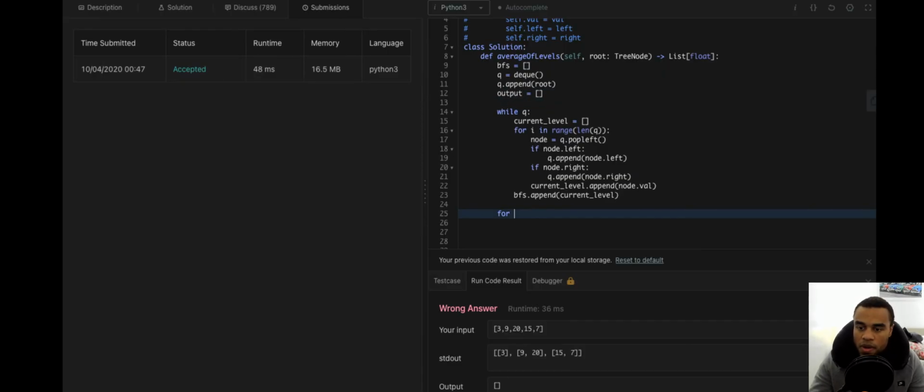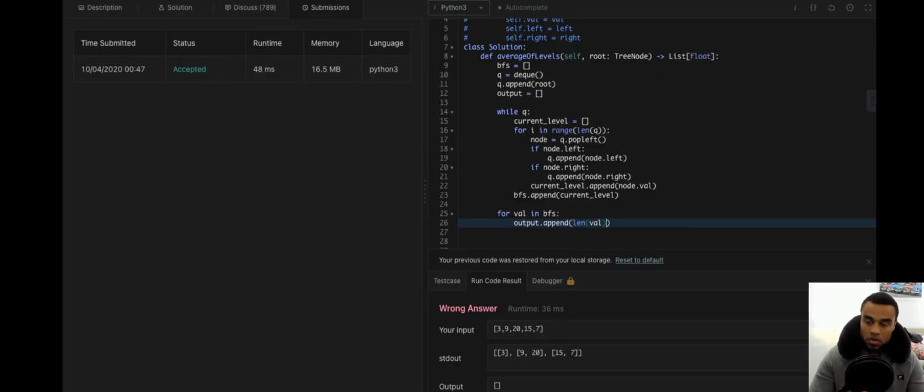So we say for val in BFS, output dot append the length of val. For val in BFS.